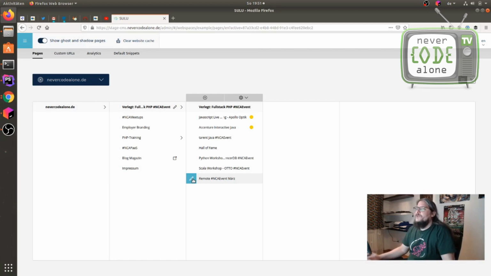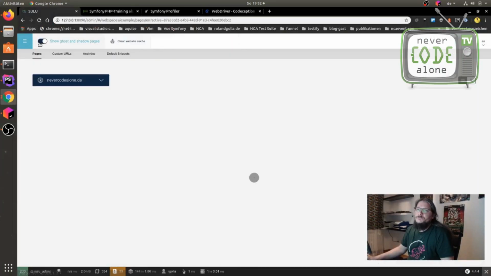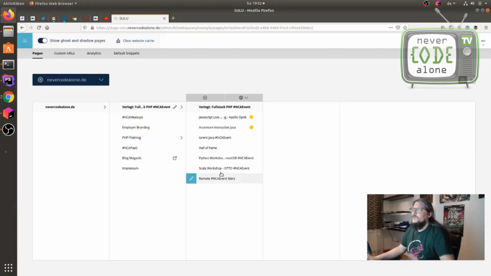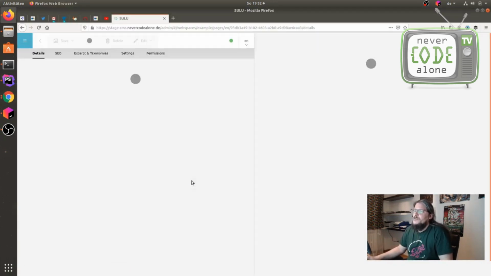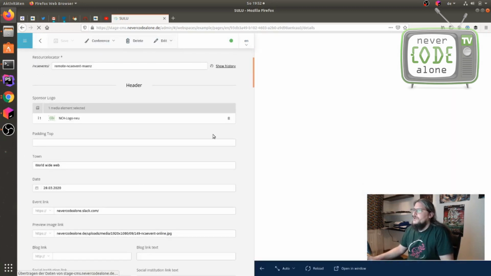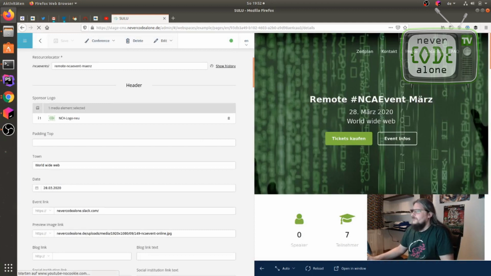What is the actually database? When we check out here our tree, we will see that we don't have this remote event here because it's not the actual database. So everything is working fine here. We can say, okay, on our remote event, now we have it here.